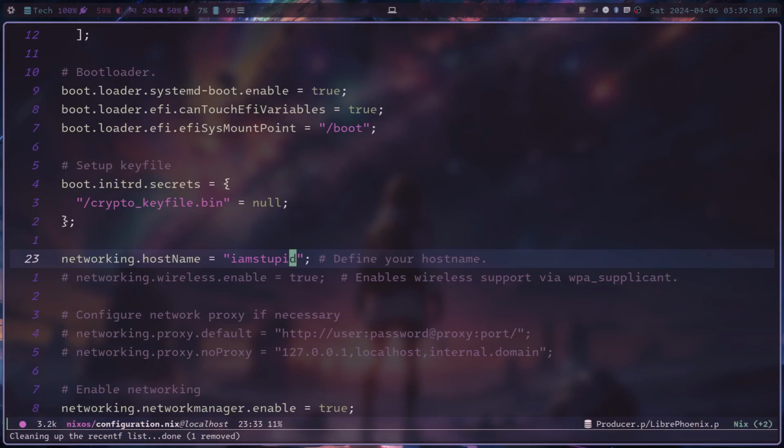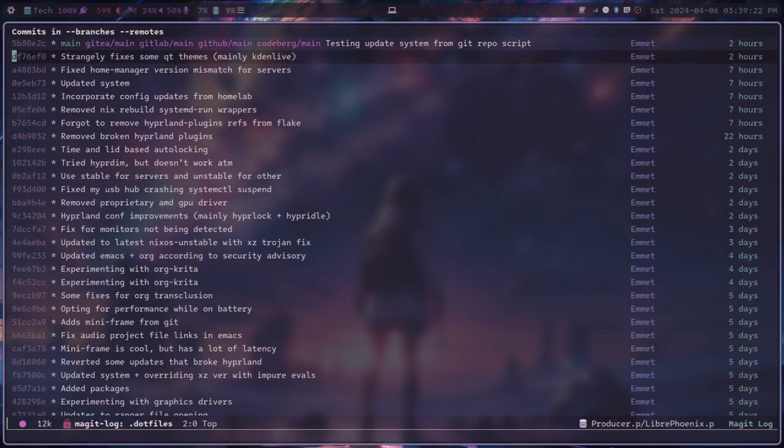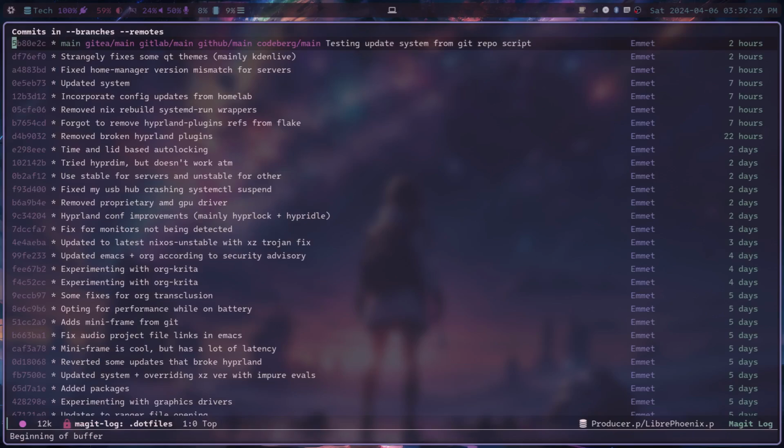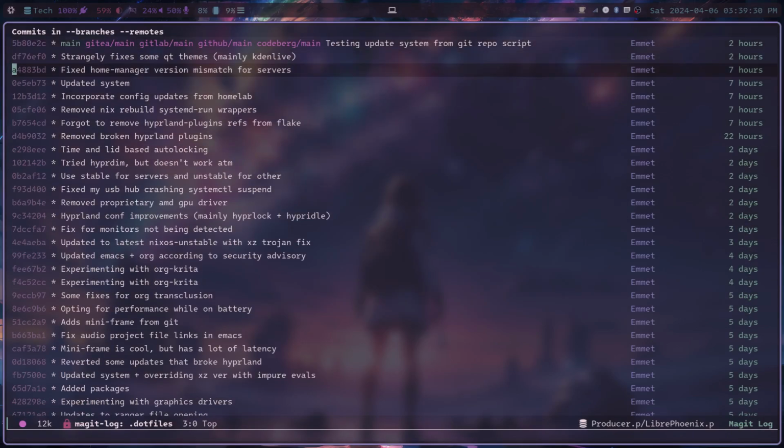So how do we roll back a configuration change? Well, the best way of being able to roll back a configuration change is to track your configuration files via Git. And if I navigate to my actual .files here, these are my .files, and as you can see, I track my .files with Git. So every single change here, I have like 600 commits in here at this point. I could go back to any of these changes, and I could